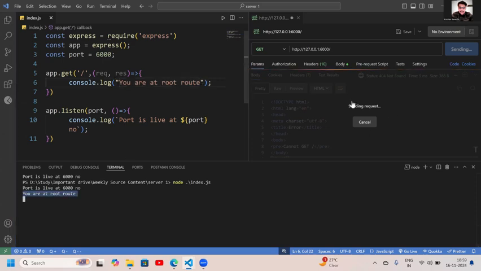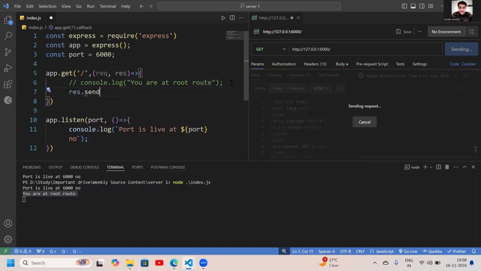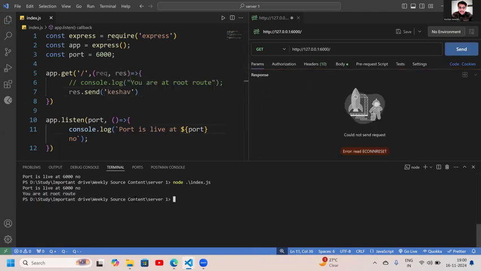लेकिन मैं सर्वर के थ्रू अभी क्लाइंट को कोई भी चीज नहीं भेज रहा हूँ, क्योंकि वो मैं रिस्पॉन्ड से, आरईएस नाम के वेरिएबल से भेजूंगा। अगर मैं ये लाइन यहाँ से हटा दूं और यहाँ पे रिस्पॉन्ड डॉट सेंड करूँ, तो ये एक तरीका होता है सर्वर से क्लाइंट को कुछ भेजना। तो यहाँ पे लेट्स से मैंने अपना नाम केशव वापस भेजा, ठीक है। अब मुझे इसको बंद करके दोबारा चलाना पड़ेगा, ये हर बार करना पड़ेगा। लेकिन इसका भी एक शॉर्टकट मैं बताऊंगा कि जैसे ही तुम कुछ भी चेंजमेंट करो, अपने आप सर्वर दोबारा रीरन हो जाए। उसी के लिए एक एक्सटर्नल लाइब्रेरी होती है नोडमॉन।